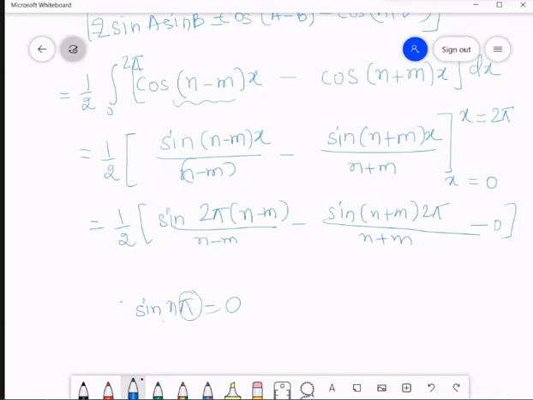Pi multiplied by any number, if an integer, any natural number or integral number comes here, then this is always 0. So similarly here, along with this pi, we have got 2 times some integers only. Okay, so this is all 0. So using this particular fact, what we get here is half into